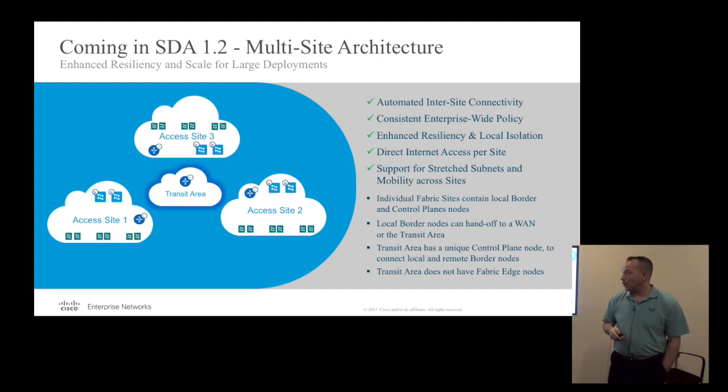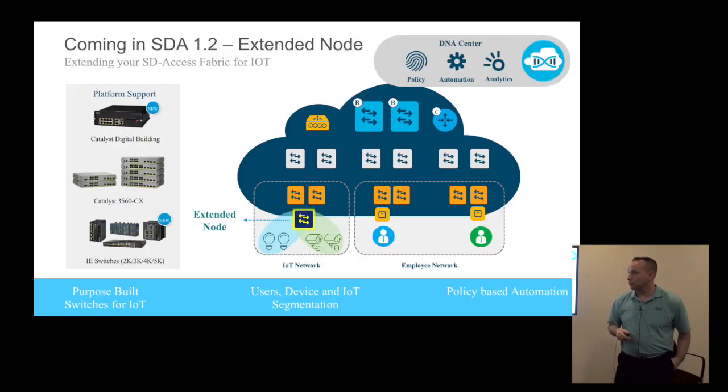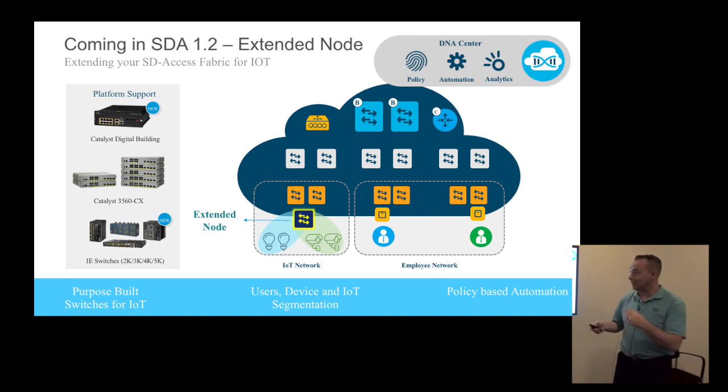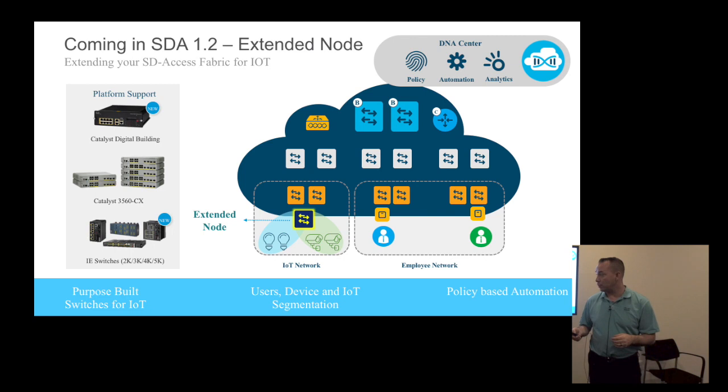Another interesting item coming in 1.2 is, I don't like the name, I can think of a cooler name for it, but it's extension or an extended node. It means it's not itself natively running the fabric, but because I have the full automation engine, I can automate all the stitching of those devices, and it's specifically targeted for compact switches and the industrial Ethernet switches. So in that way, I can extend the fabric. So the fabric edge is still a Cat 9K, something like that, and then have these compact switches below them,